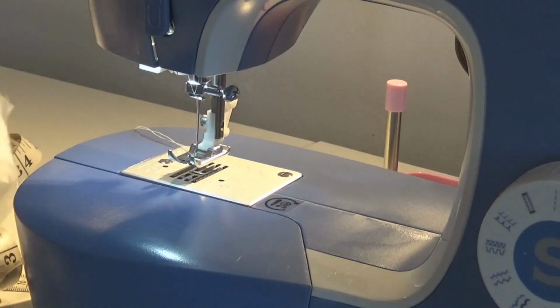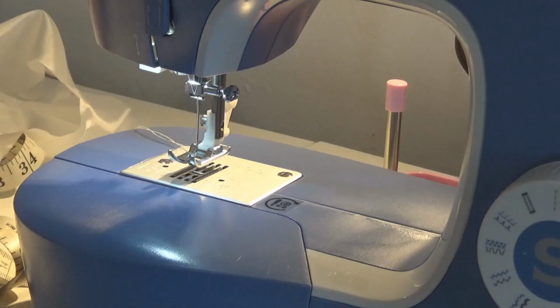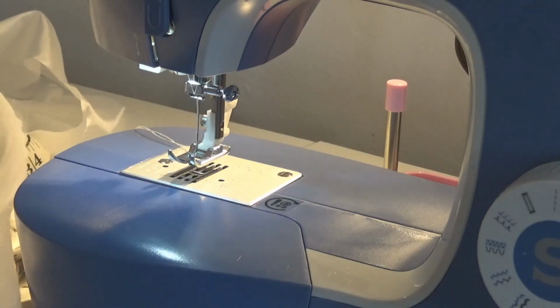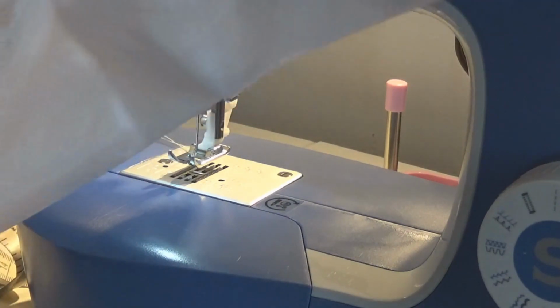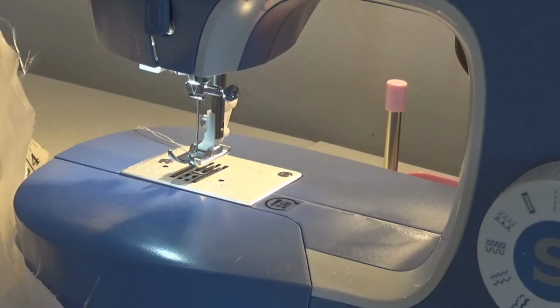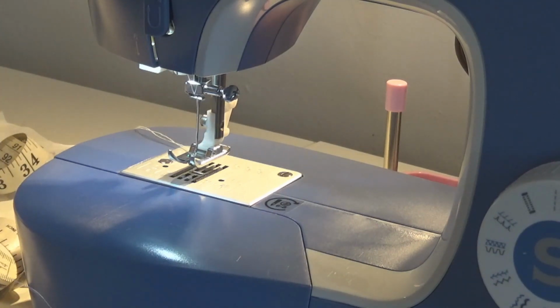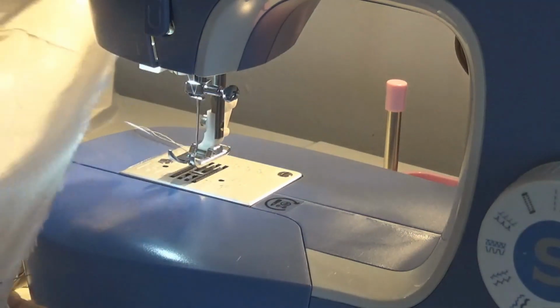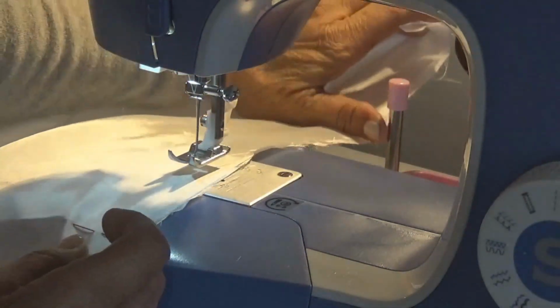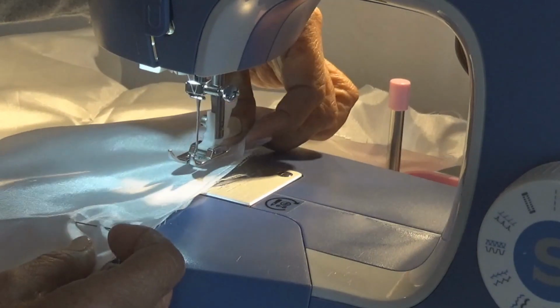Okay, so now we're gonna close the lining. Vamos a cerrar el forro. Just like we marked it from the pin down, del alfiler para abajo, de ahí lo vamos a cerrar. Y déjenme decirles cuánto le vamos a dar de espacio. En lugar de 5 octavos le vamos a hacer,